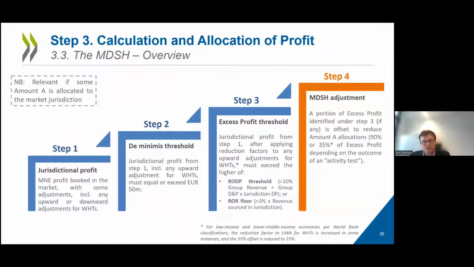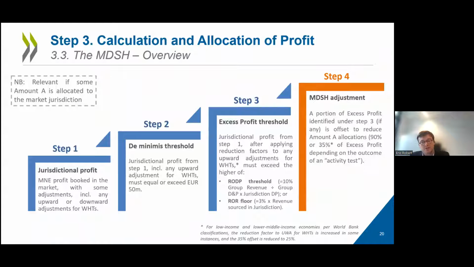Before maybe taking you into the mechanic, into those different steps, maybe just worth clarifying what this is about, what the MDSH is basically trying to achieve. This is relevant, obviously, in a case where some amount A profit is allocated to a jurisdiction, otherwise it's not relevant. And where some amount A profit is allocated, the MDSH is basically about verifying whether such allocation of amount A,